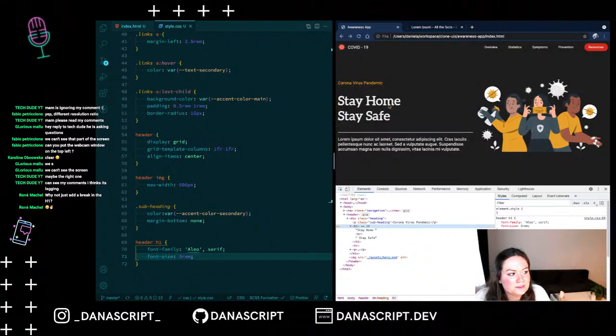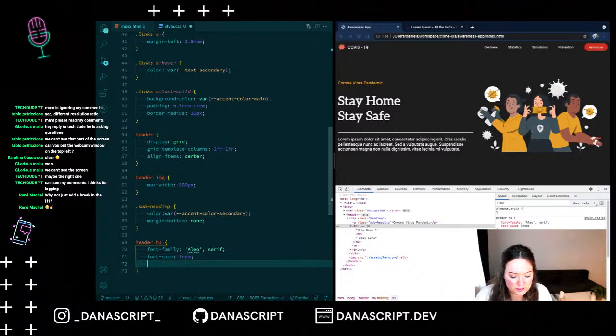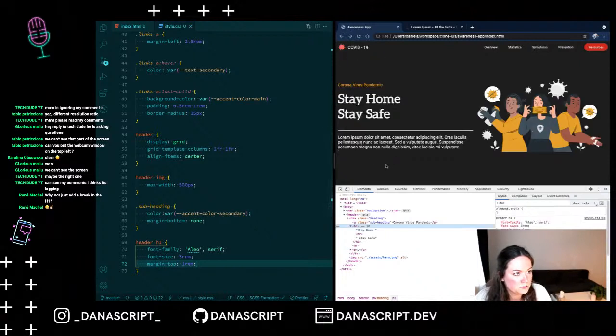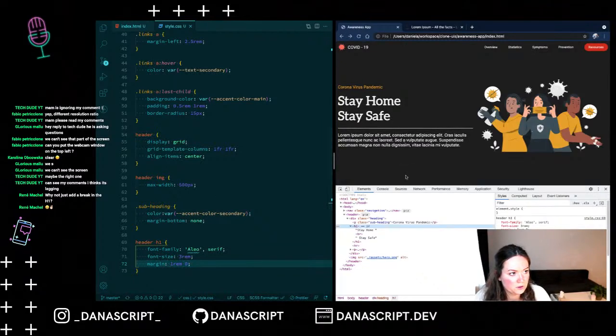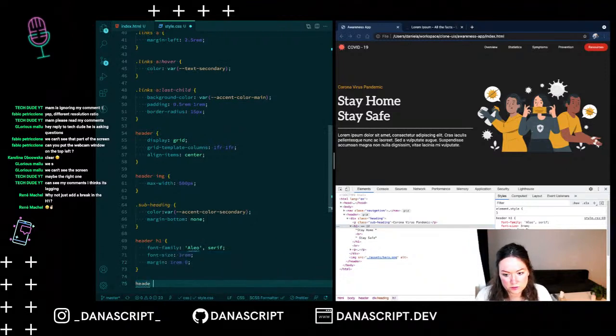Padding is too big. I like the margin. Okay, let's do margin top of 1 rem. Is that gonna be too small? No, that's all right. But then I think we should also do a margin bottom because now it looks like they're not the same. Because I think they're not. So the top and the bottom is gonna be 1 and the horizontal is gonna be 0. Yeah, cool. Now our horizontal line,